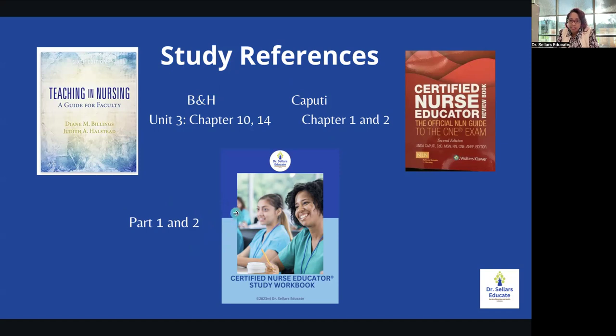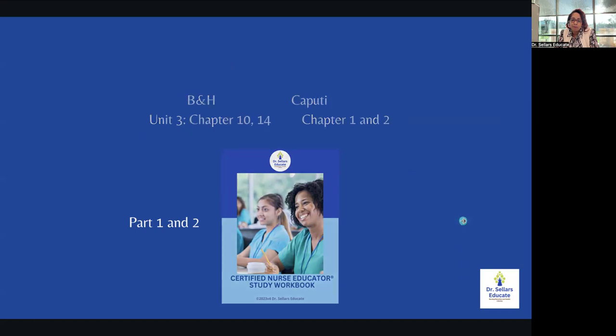You're able to hone in on specific content areas in our study workbook, parts 1 and 2, to help you close your knowledge gaps. And it's exactly that. It's a workbook, right? So you're putting pen to paper. You can print it out as a PDF. It's available to you to print out. Or if you want a hard copy, we can ship that to you as well.